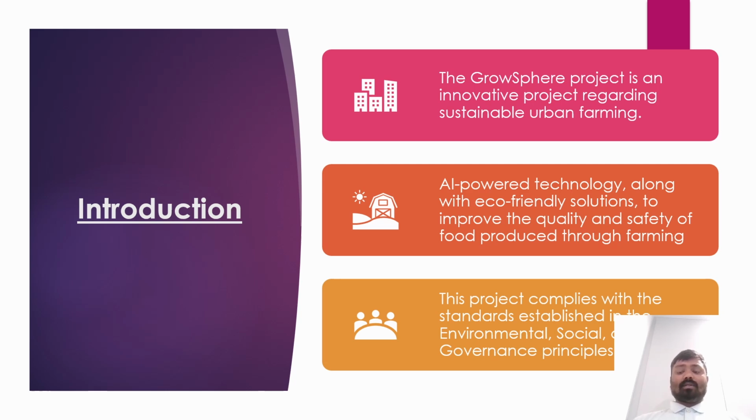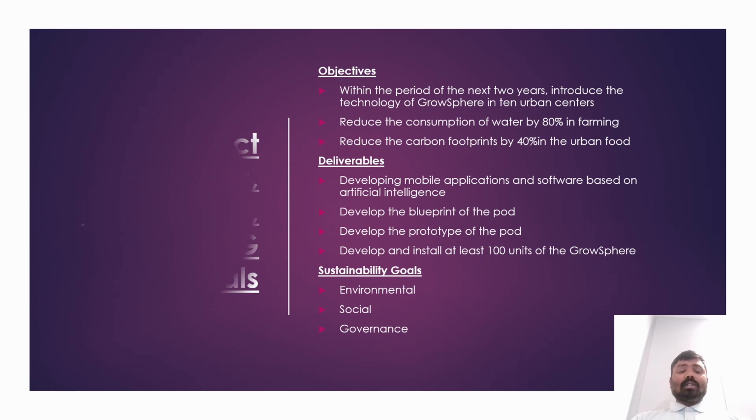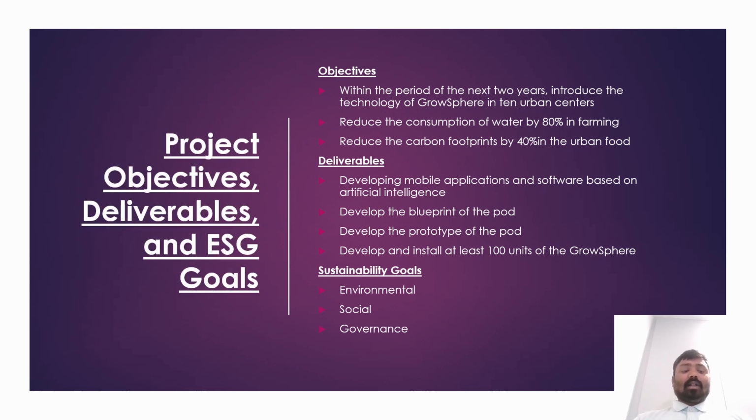our primary goals, which were threefold. Deploy 10 fully operational GrowSphere urban farming ports across target cities within 2 years. Reduce water consumption by at least 80% compared to conventional urban farming, and cut carbon emissions associated with production, transport, and operation by 40%. I positioned these goals front and center at the top of the process map like a lighthouse